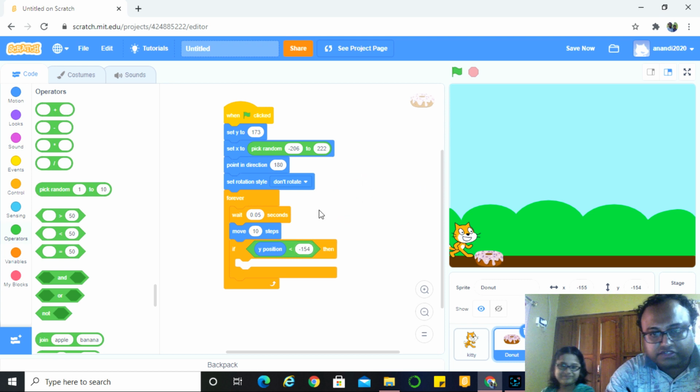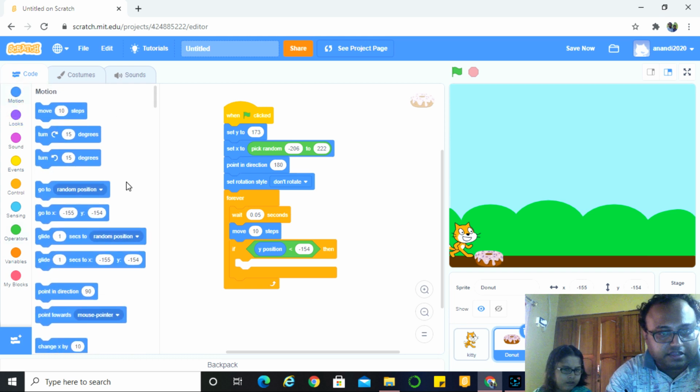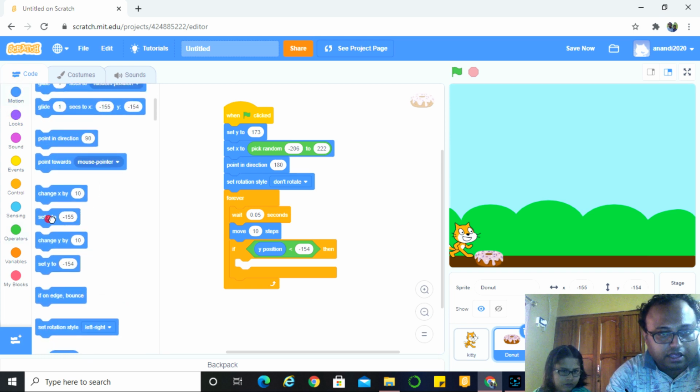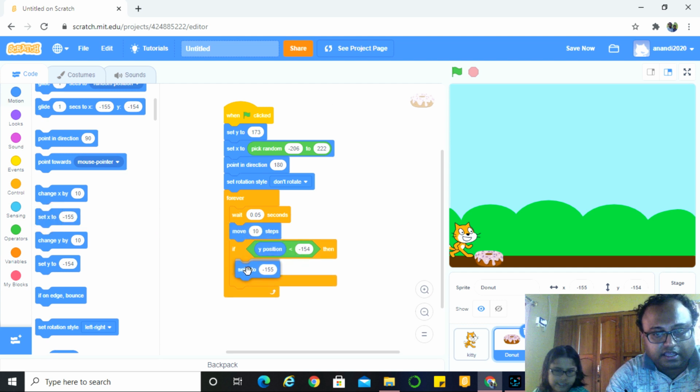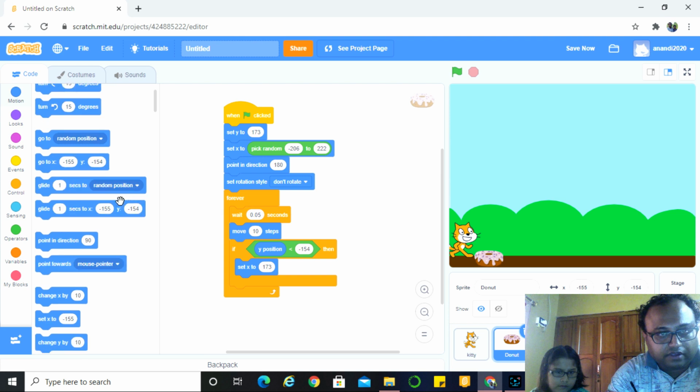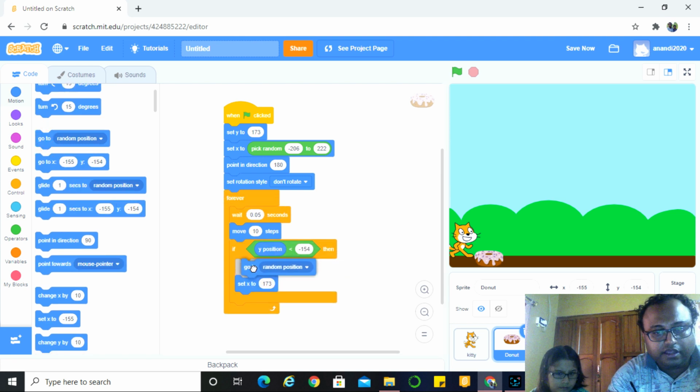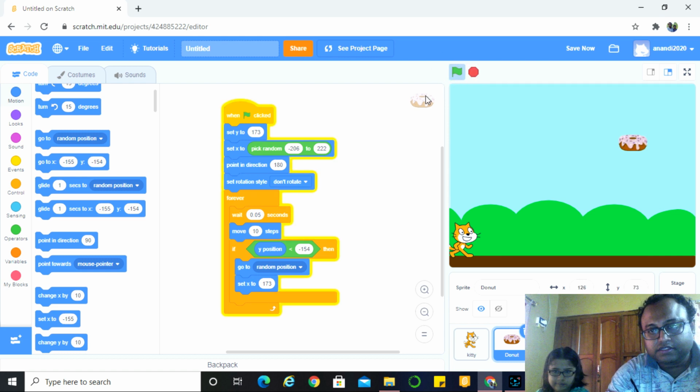Yes. Let's try. And when this will happen, it will move to the random position and set the Y to 173 so that it can go to the top. Okay, and the go to random position, so that X position will be random. Let's try it. See, it's coming.